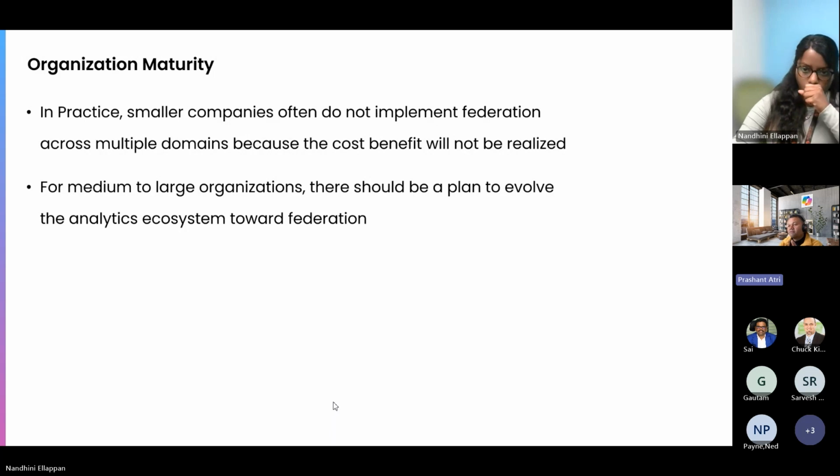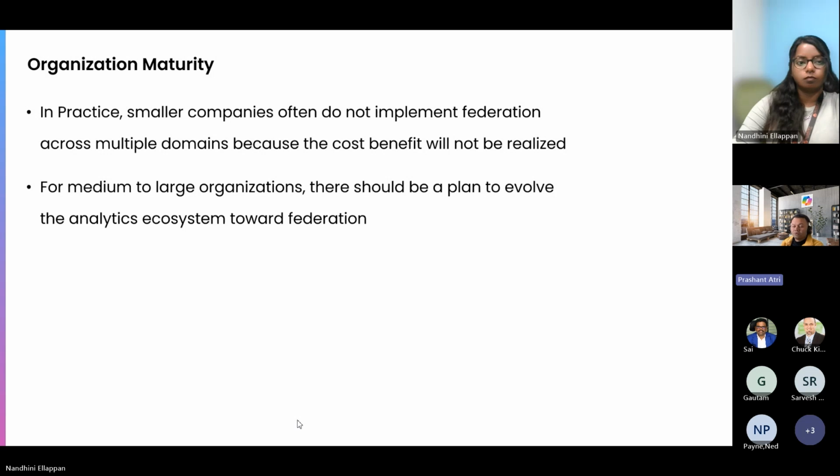So in that federated model, it's not an overnight thing. Definitely you will start your journey and slowly mature in that area. Smaller companies maybe will not adopt end-to-end federation, maybe just partial, because they will not realize the end-to-end benefit out of it. Now when we talk about enterprise or medium to large organizations, definitely we are seeing traction